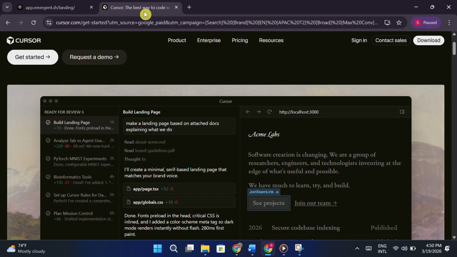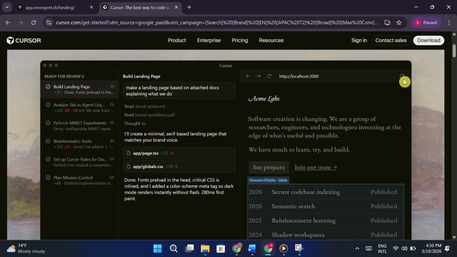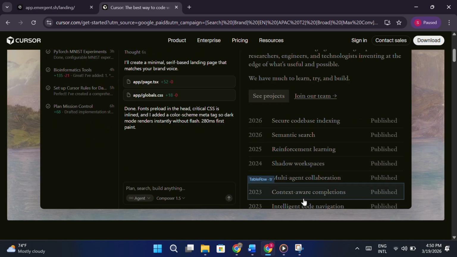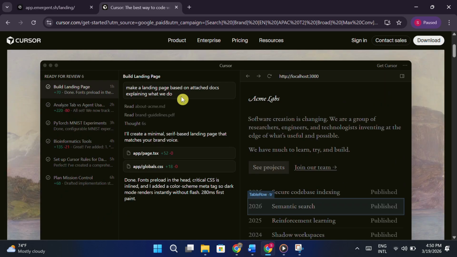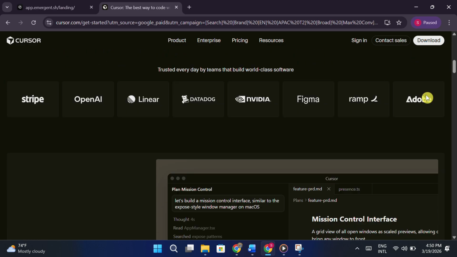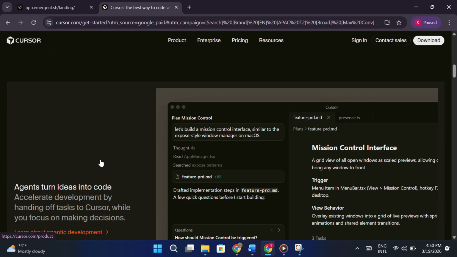Now, let's come towards Cursor. Cursor is an AI-powered code editor designed mainly for developers. Think of it as a smarter version of VS Code where AI helps you write, edit, and debug code directly inside your project. It understands your entire codebase, offers real-time autocomplete, and can run multiple AI agents to modify files